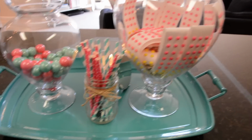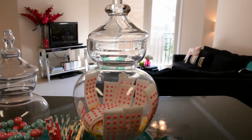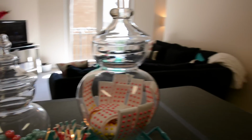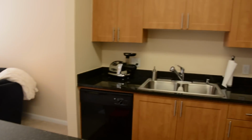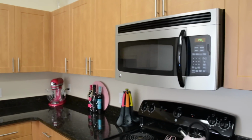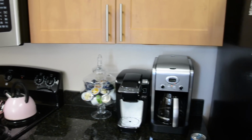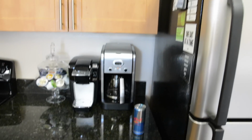So that worked out. These old-fashioned candies I already had. And yeah, I think that's a wrap. I haven't changed anything in the kitchen. There's my juicer, my mixer, some wine, my kitchen utensils, teapot, Keurig, apothecary, coffee maker, the Red Bull I'm drinking